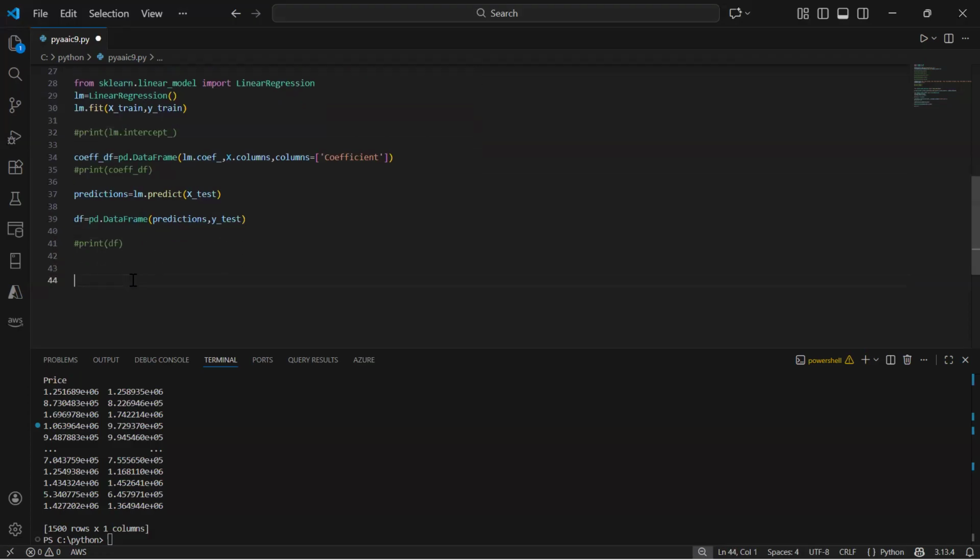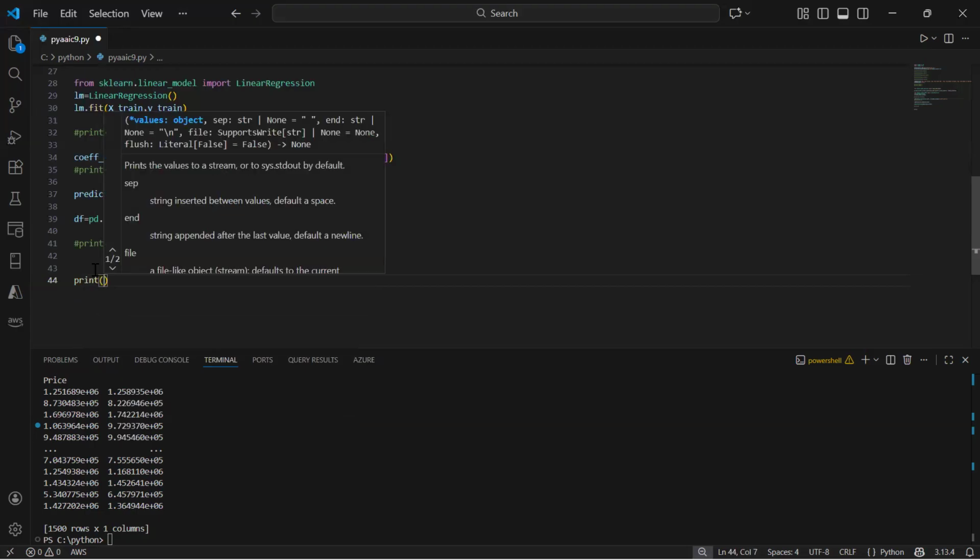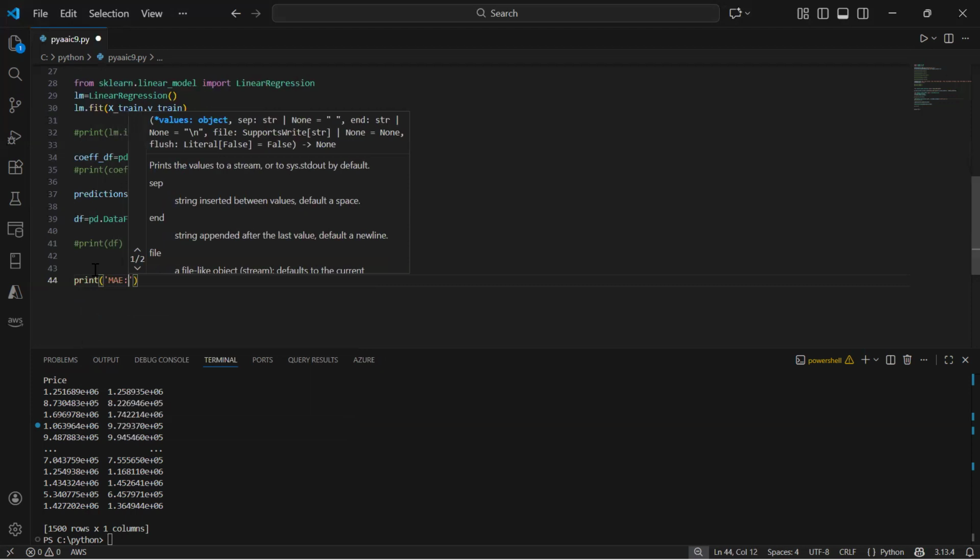If I want to find out the mean absolute error, it is basically the difference between predicted values and actual values, and then we make it absolute. So the absolute value of this would be, for example, print mean absolute error is,